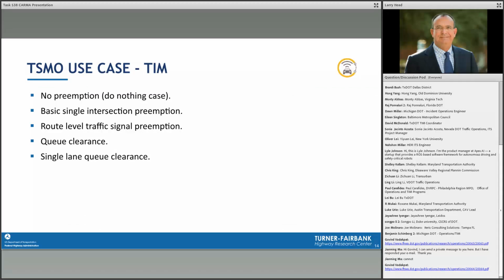Thanks, Pablo. So I wanted to talk about the TSMO use cases really related to the traffic signals. And so the different use cases that we might consider is doing nothing, so not preempting the signals, and we sort of like that as the base case. And then what we're used to more today is basic single intersection preemption, and then possibly route level or multi-intersection level signal preemption, and then doing